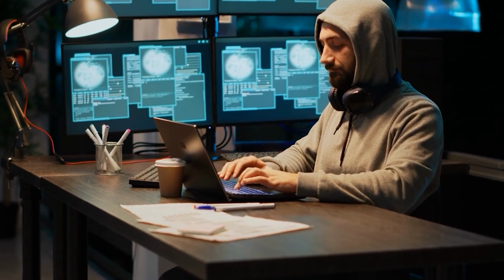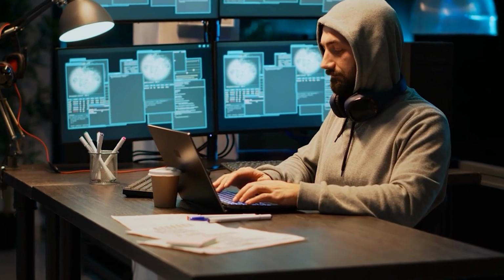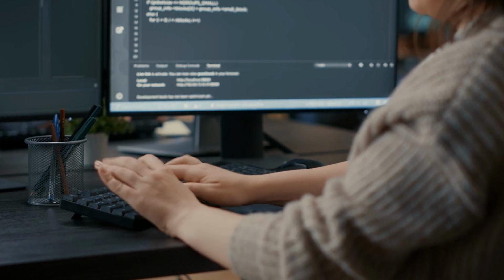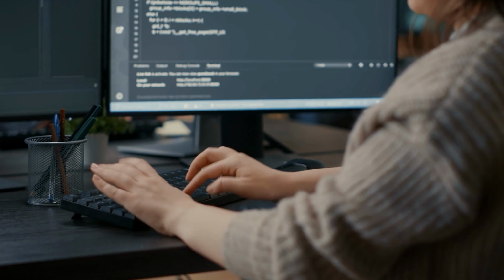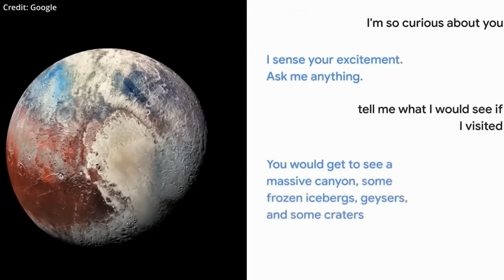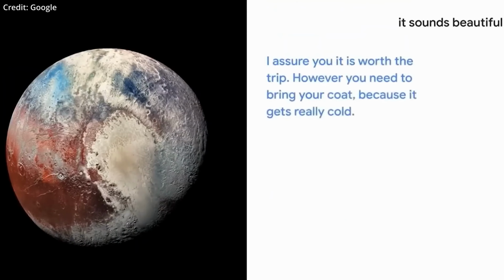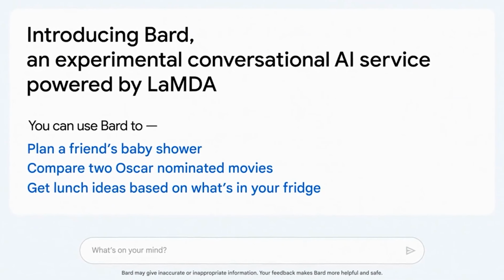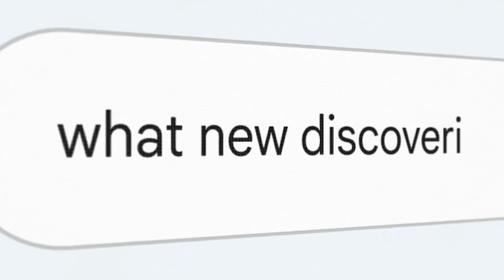However, as with any technology, it does have its limitations, such as its training data only going up until September 2021. On the other hand, Google Bard is a newer AI language model developed by Google that has been gaining traction in the tech world. It's said to be more advanced in terms of its capabilities, including its ability to understand the context of a conversation and generate more personalized responses.